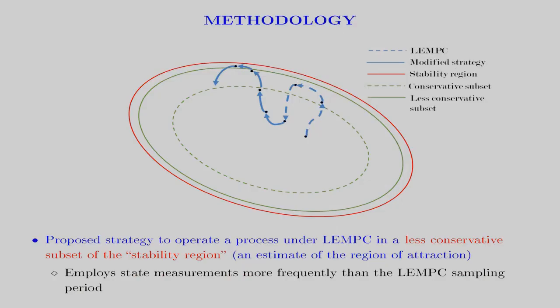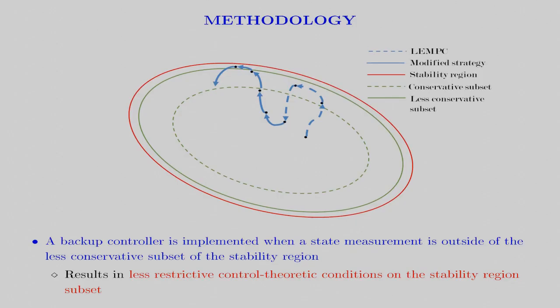In this strategy, the process is operated in a less conservative subset of the stability region, and state measurements are collected and used more frequently than once every sampling period. When the state leaves the less conservative subset of the stability region, it is detected faster due to more frequent state measurements. The stabilizing backup controller h of x is implemented to bring the state back to the lower level